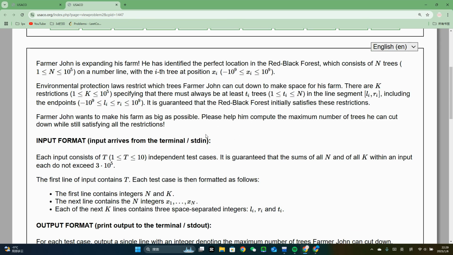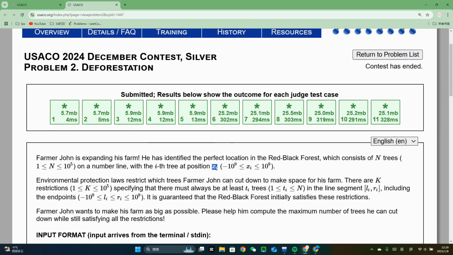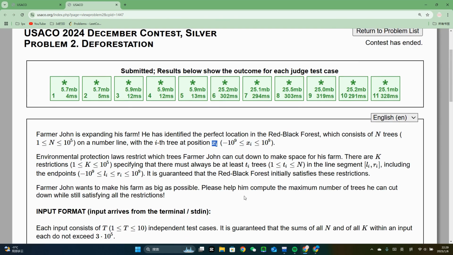The algorithm I'm using today is actually kind of the reverse of what the problem is asking, because the problem is asking for us to cut down trees, but my algorithm is actually growing trees. I'm considering all these xi spots as potential tree spots where I can choose to grow my trees or not. And now we're trying to grow the fewest trees to satisfy the restrictions. And to achieve that,